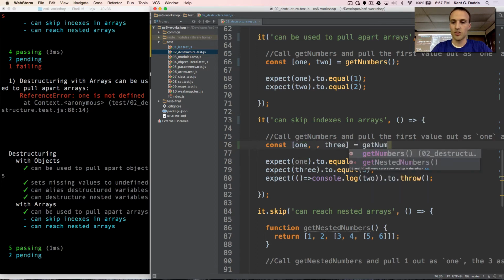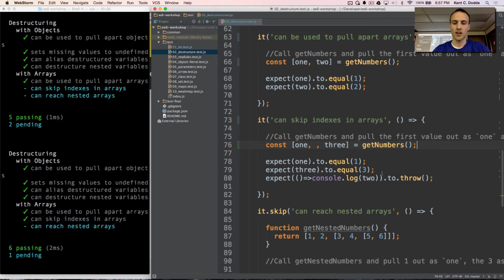And then get numbers, and that works as well. 2 is not defined, I'm not actually putting that anywhere, and 1 and 3 are defined. This to me looks kind of weird, just to have this empty thing there, but it totally works, and I've actually used it. It's kind of neat.